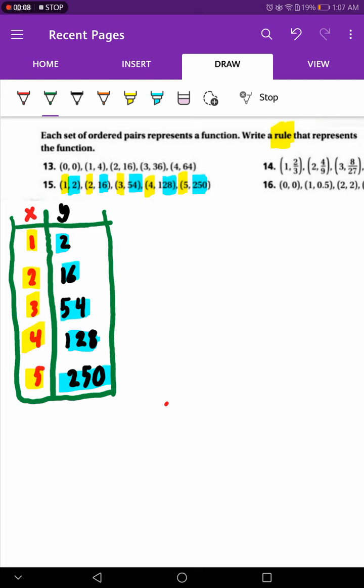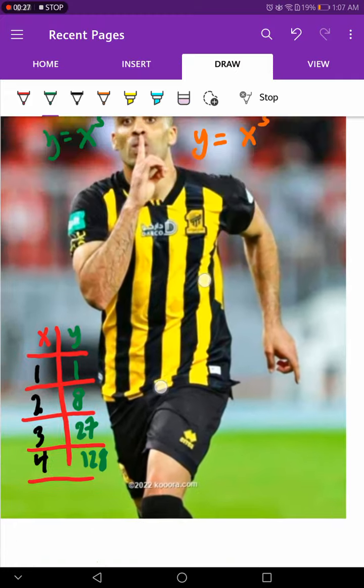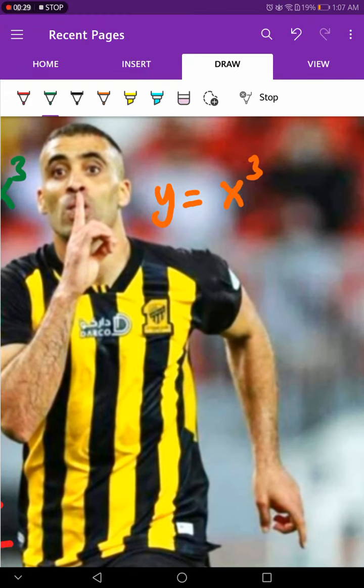Solve questions number 15 and 16, page 249, lesson 4-3, patterns and non-linear functions. Before we start solving question number 15, let me introduce the four famous functions or rules, which is x cube, x with power 3, and it is famous like